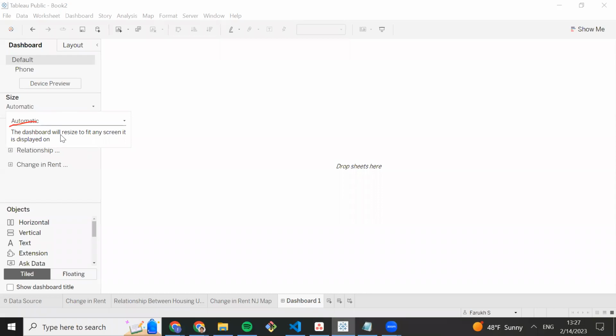fit any screen that it is displayed on, regardless of whether the end user or viewer of your visualization has a 15-inch screen or a 24-inch screen. Your visualization will scale to the size of their screen. Anyways, let's now drag all these worksheets into our dashboard so that we can have a comprehensive arrangement